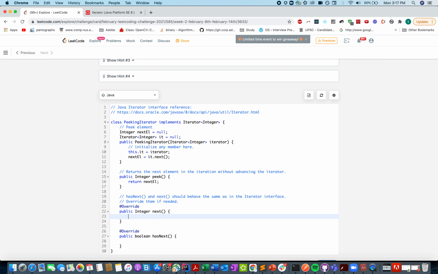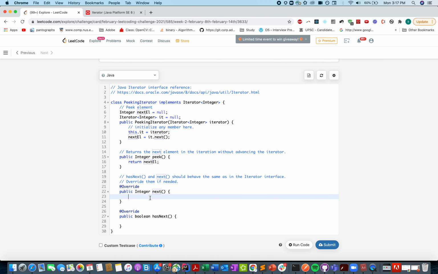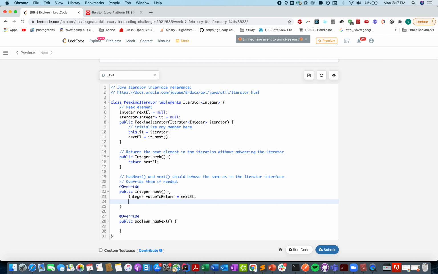In the next integer method that we need to write, we need to return whatever value was previously peeked. So let's store it in a variable, integer next value to return, it is next element, and here we need to actually move to the next iteration.